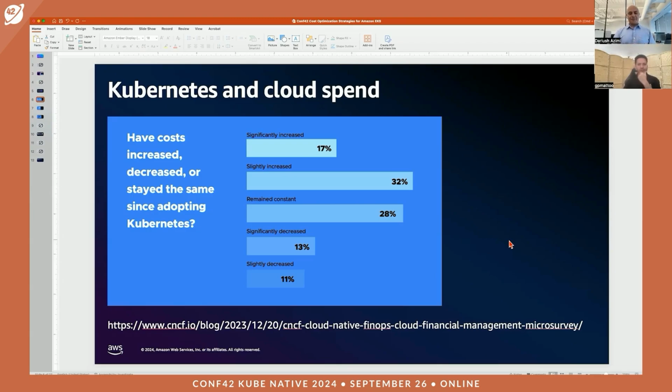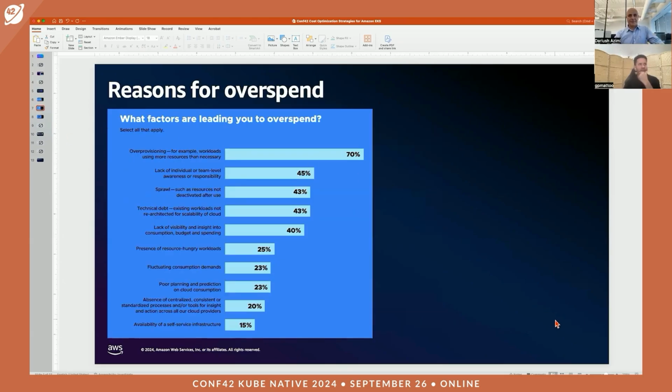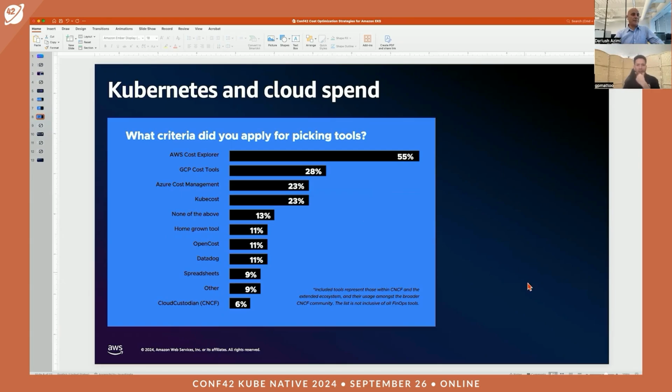No, I think this is a very useful survey from a reputed organization, CNCF. I have some more surveys. If you can go to the next slide. I think we covered this, reasons for overspend. We covered the over-provisioning and the presence of technical debt. So if you go to the next one where we look at the tooling survey, I would say if you